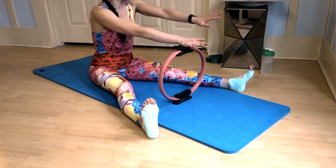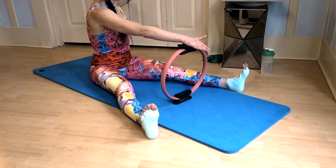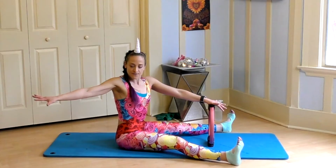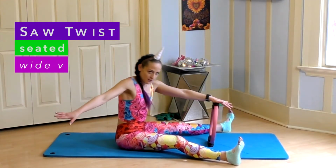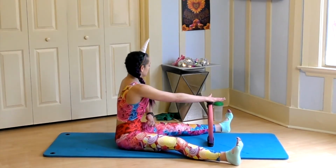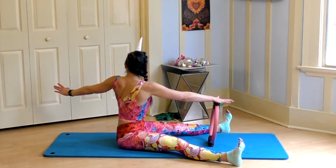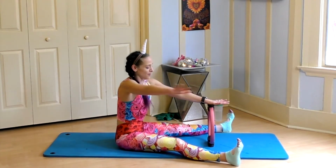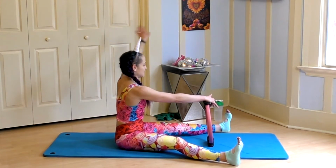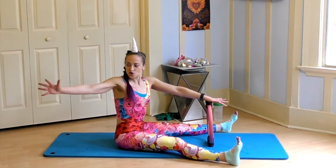Now, I want you to press one hand down and reach. Come through the center, so it's a saw, but keep pressing into that circle and lift up, right? So this won't let you collapse. Having that circle to press, it really helps me find that lift through my low body. Few more. 4, 3, 2,